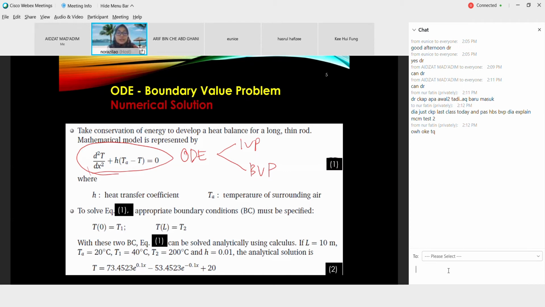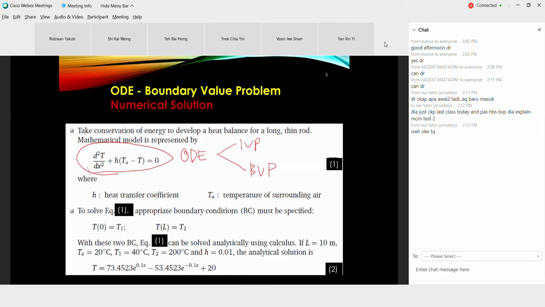For example, this is conservation of energy: develop a heat balance for a long, thin rod. The mathematical model for the ODE is like this. H is the heat transfer coefficient, Ta is the temperature of the surrounding air, and so on. With boundary conditions, the statement of the problem,